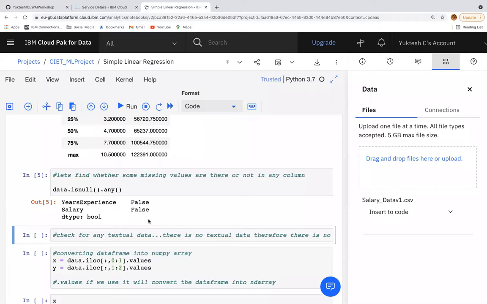Data handling of missing values: you can replace it with the mean of that column. You can replace it with 0. You can delete that row. There are multiple